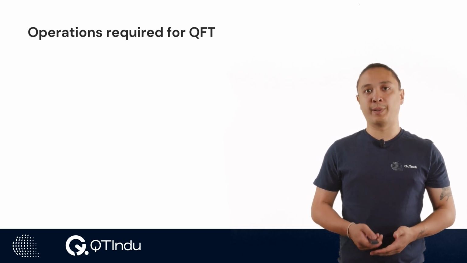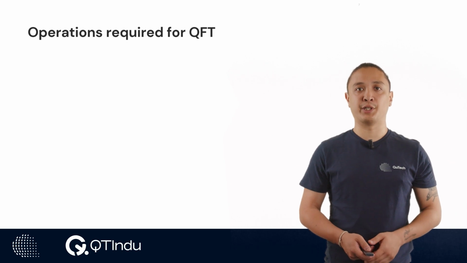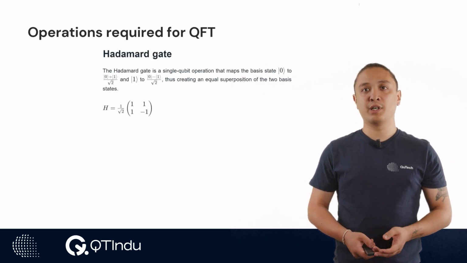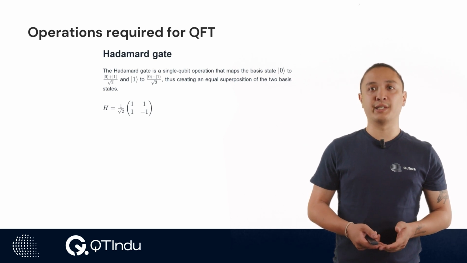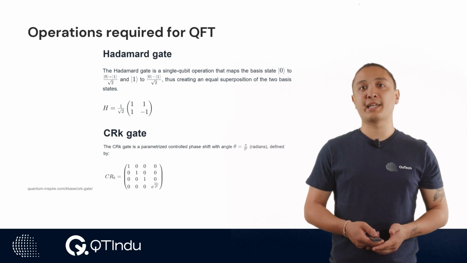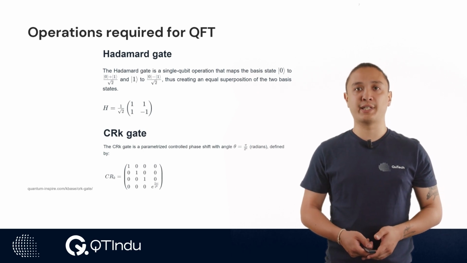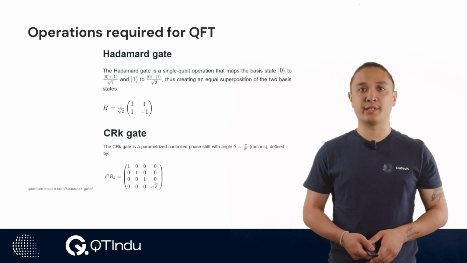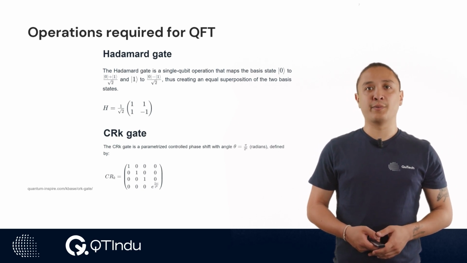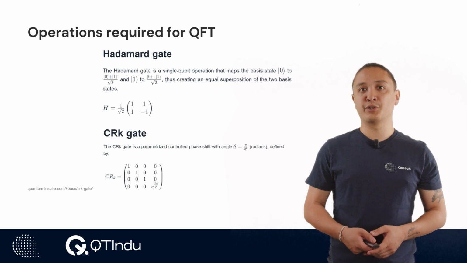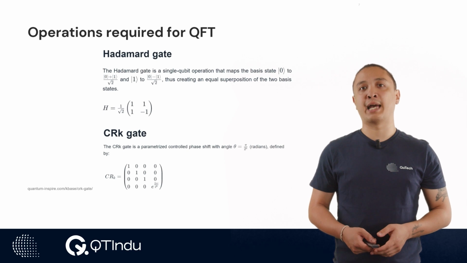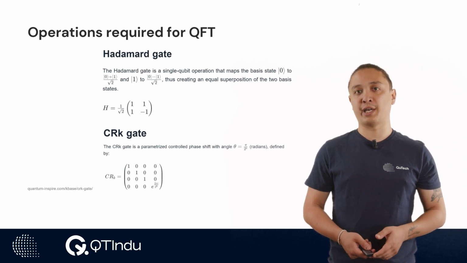As we saw just now, we require two operations to implement the QFT. The first is a Hadamard gate as defined here. For this gate, we only need to specify the qubit which the gate is acting on. The second gate we require is the specific controlled phase gate, also called the CRK gate, which CCASM conveniently has implemented. For this gate, we need to specify the target qubit, the control qubit, and the subscript k, which determines the phase rotation by an angle of pi over 2 to the power of k.